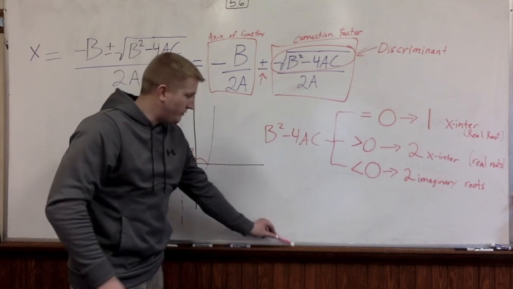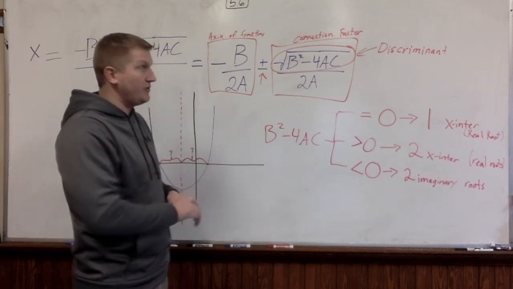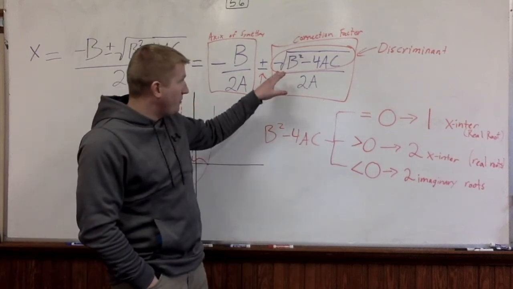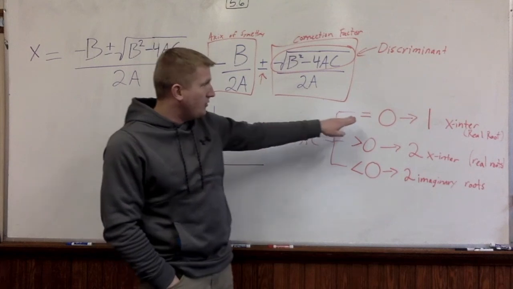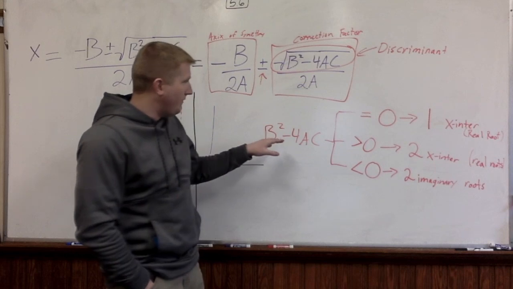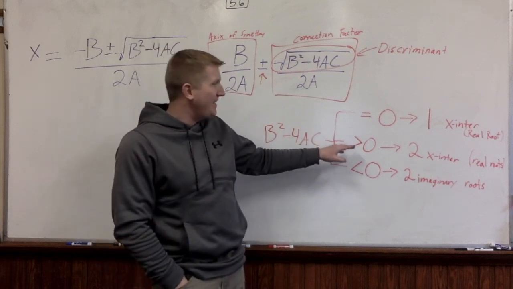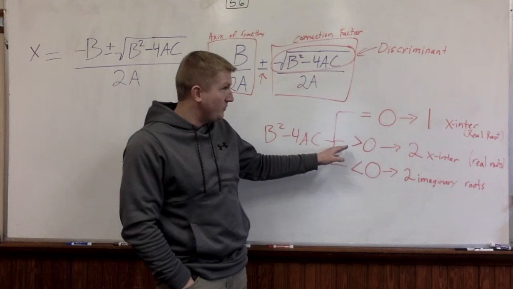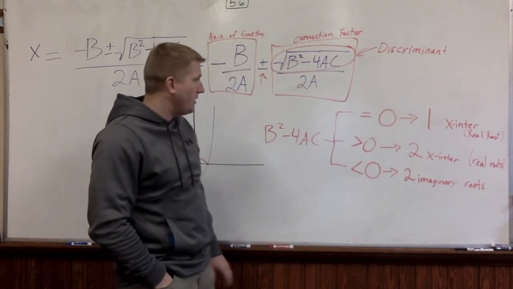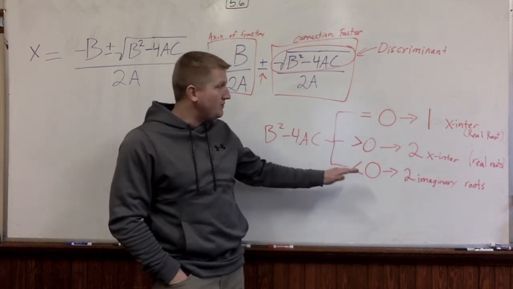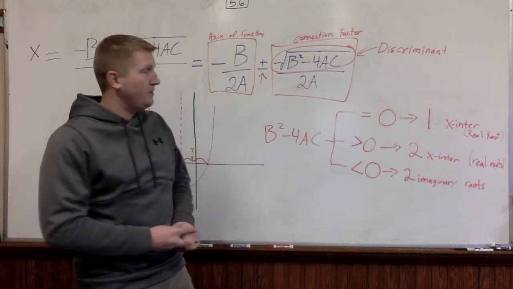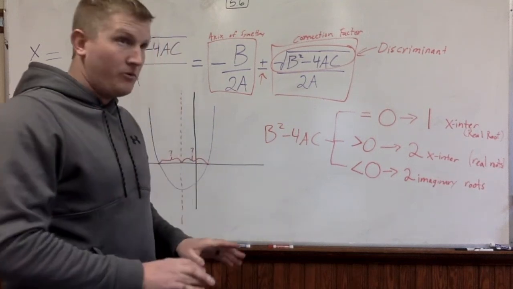All root means, at least in this context, is where it's going to hit the x-axis. So to recap, if the discriminant, what's underneath the radical, is equal to 0, we're going to have one real number solution. If it's greater than 0, that is, it's a positive number, then we're going to have 2 x-intercepts or 2 real roots. But if it becomes a negative number, we're going to have 2 imaginary roots. Okay, I think I've corrected all of the mistakes I've made. Now, let's